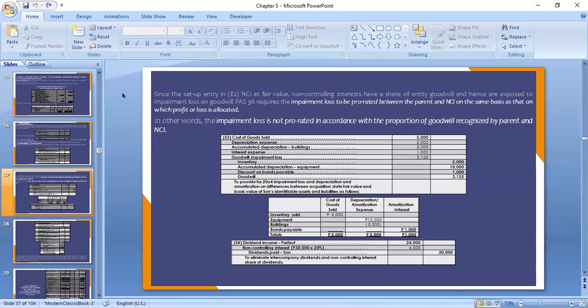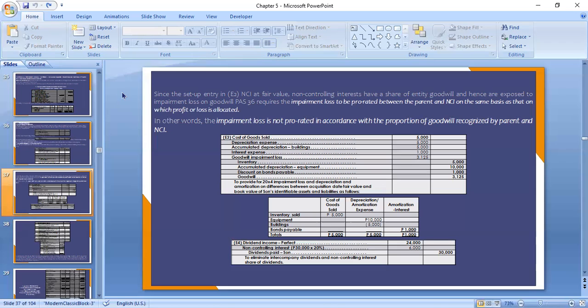The explanation is to provide for the impairment loss and depreciation and amortization on differences between acquisition date fair value and book value of the subsidiary's identifiable